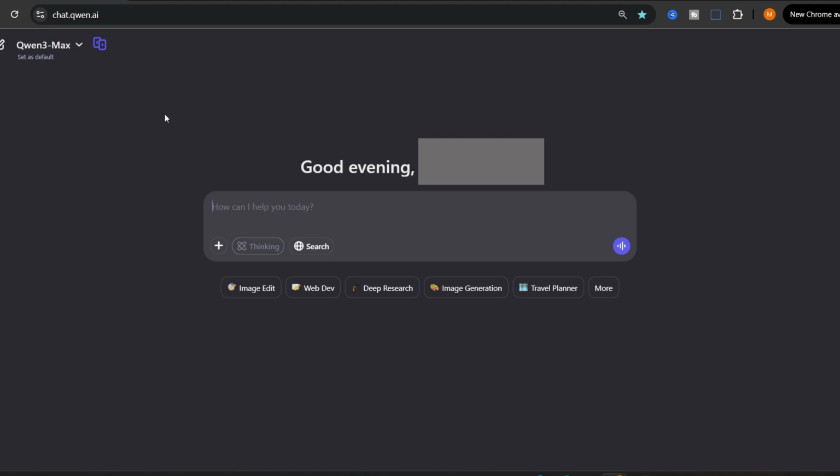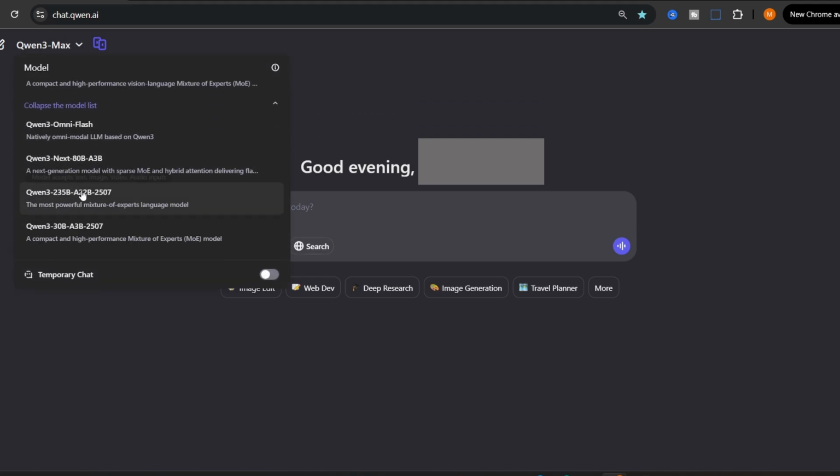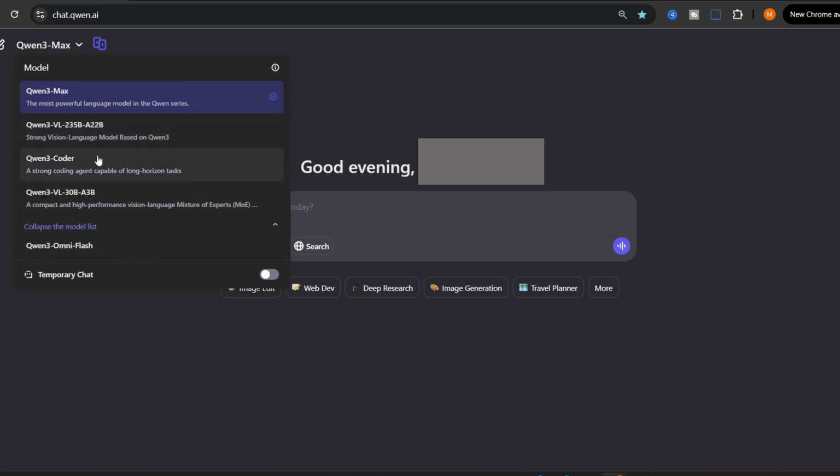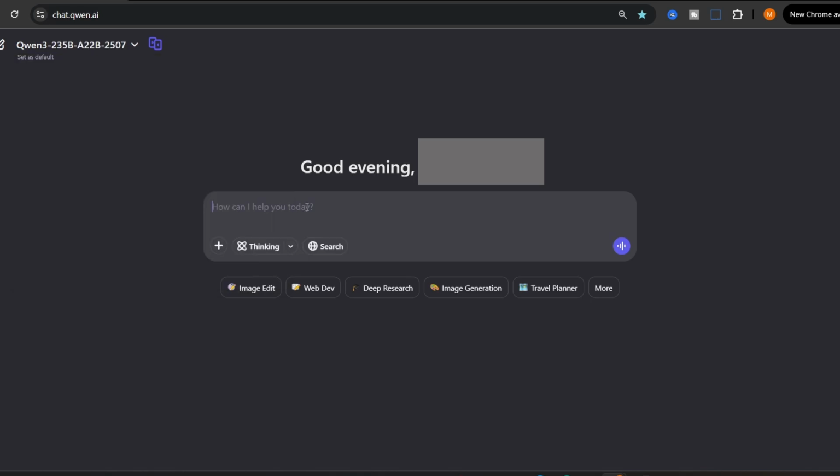So something that you need to do, which is really easy, is just to change the model. We see different models and you can just read the explanation of how it could be useful for you. But something that I am using all of the time is the most powerful mixture of experts language model, and this model honestly is really amazing. And even in some aspects, in my experience, I cannot make it general, but it actually defeated OpenAI. And honestly, it's really amazing if you change the model to this one.